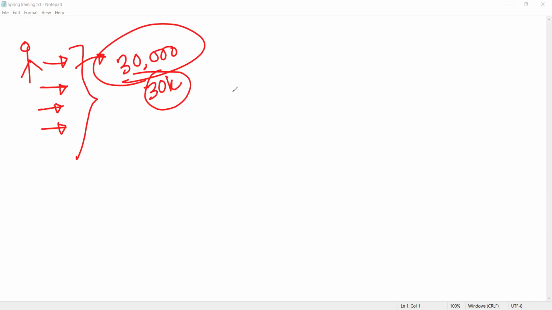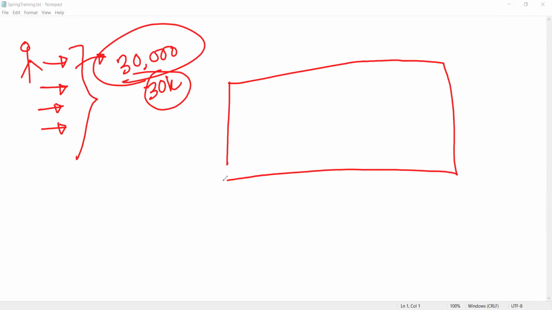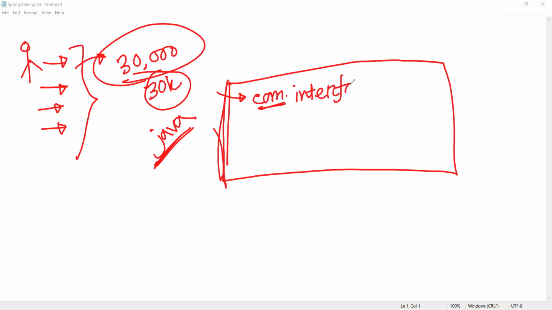Consider this is the code, mainly Java code only. Every Java code has a package name, right? In this code, the root package name was com.interface21. This was the root package name.